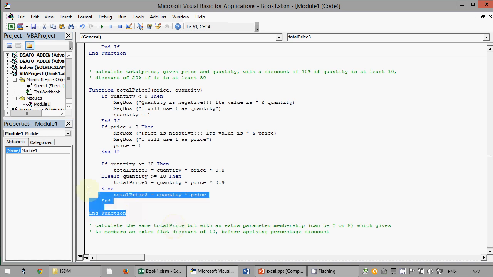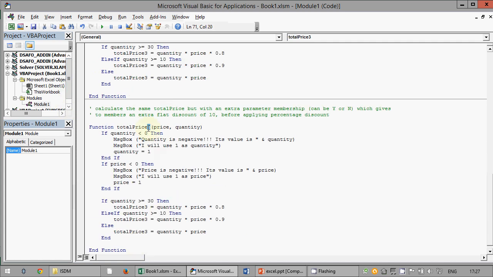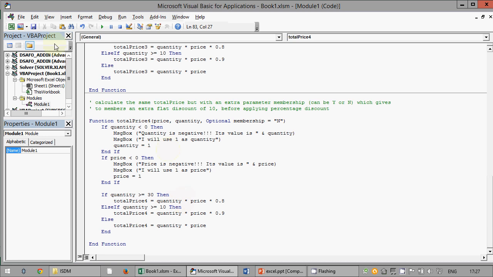Okay, how to do it? Well, first of all, I will copy this one here. I will change it to 4, otherwise it doesn't work. Fine. Have to add the membership. Well, if you want, you can set it optional, membership equal to no. Pay attention, this is a text variable, so its values are between quotation marks. Okay, and now how to do it?